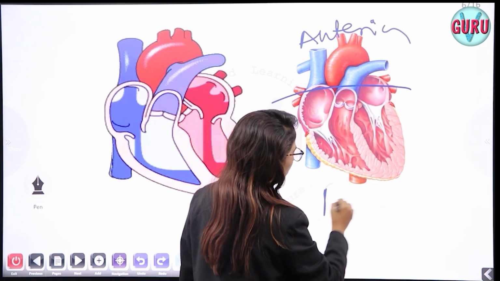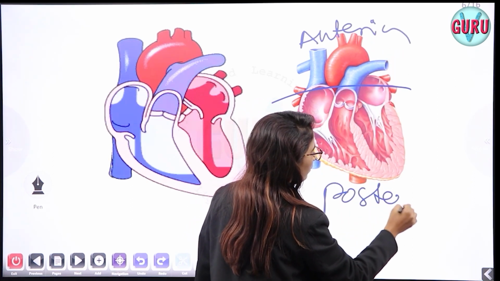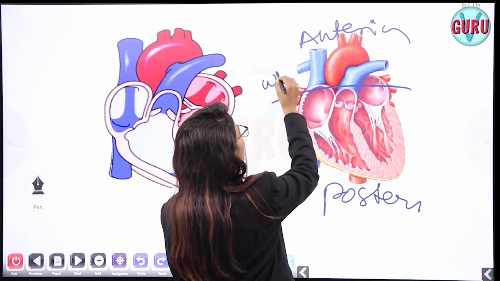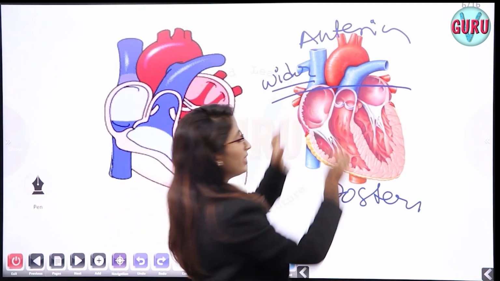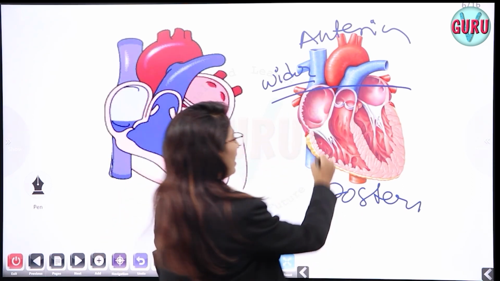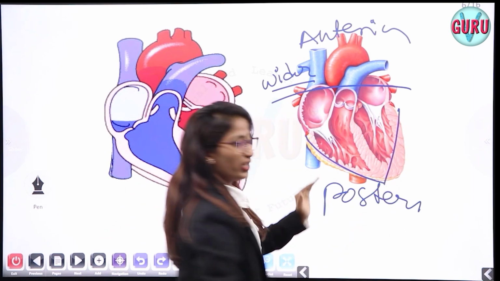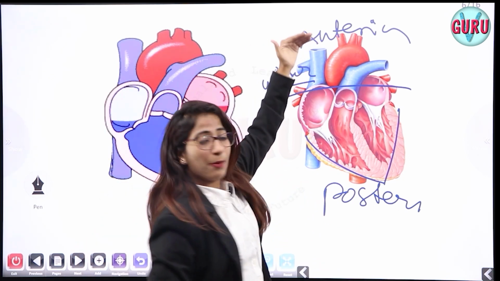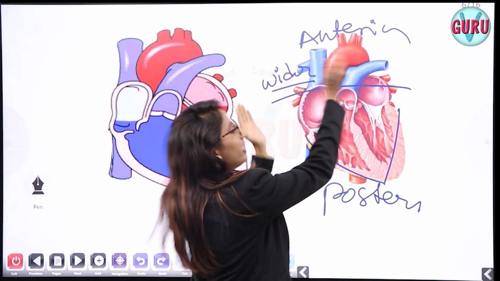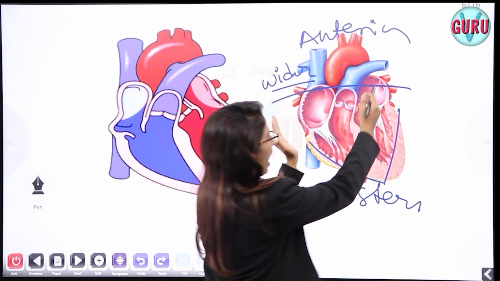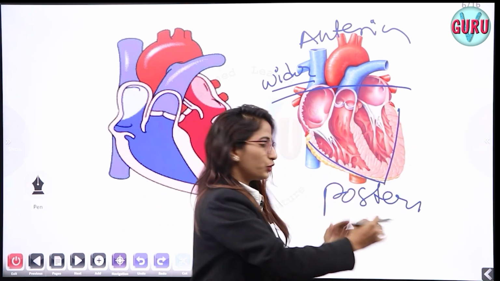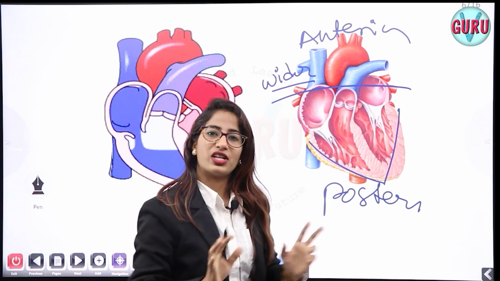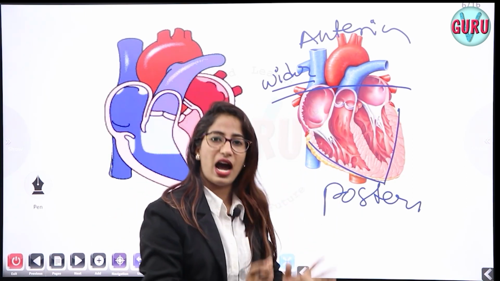and this is the posterior side. The heart will have a wider structure at the anterior side and a narrower structure at the posterior side. Ante manaki upper side of heart lo koncham wide ga untundandi and alage heart eppudaithe manaki kindi size lo chusukunte kindiki vastu unte narrow ga untundi. This is the structure of the size of the heart.